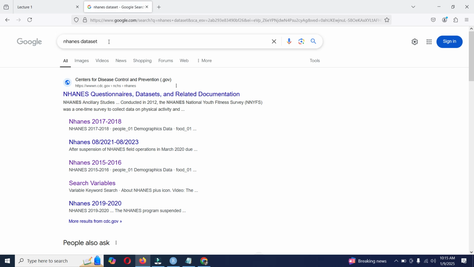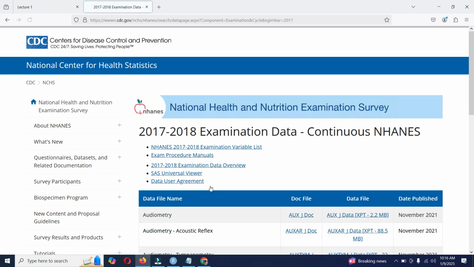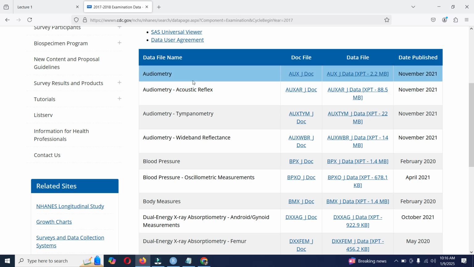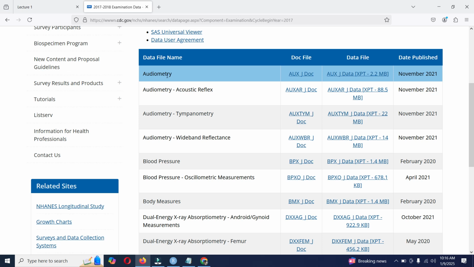and for example, if we want to see the National Health and Nutrition Examination Survey for 2017 and 18, you will see these details related to this data set. And you will find data on different topics related to demographics or dietary data or examination data, laboratory data. And if you want to see the examination data, you will get examination on different health related outcomes. For example, if I want to see the data related to